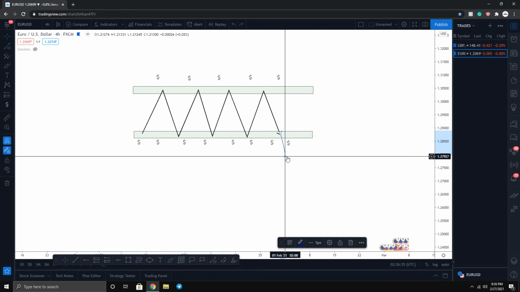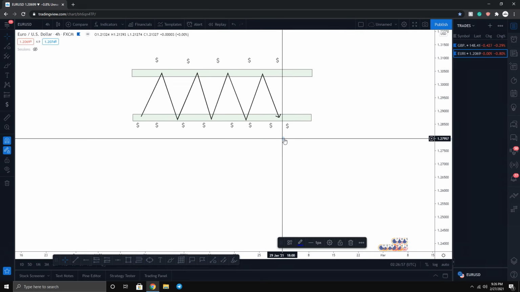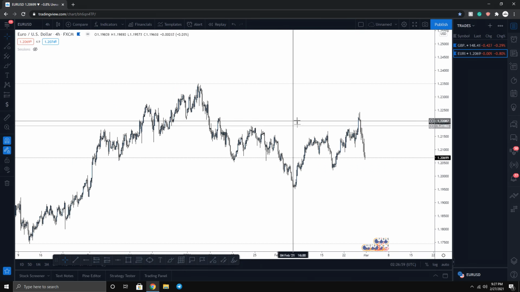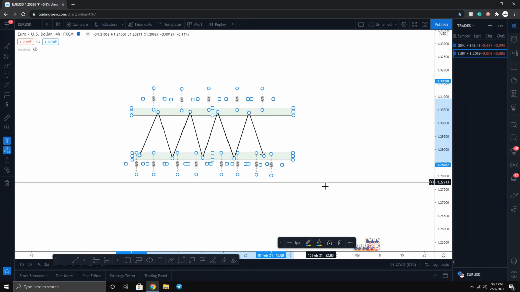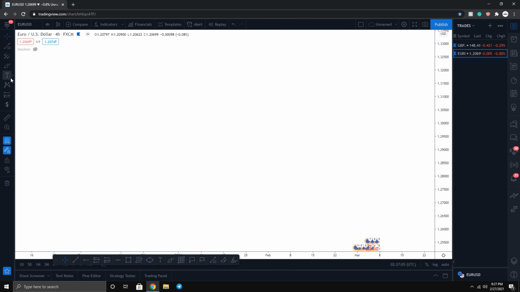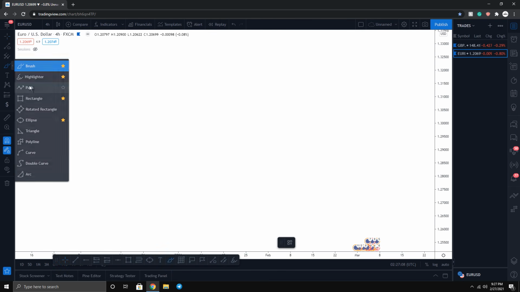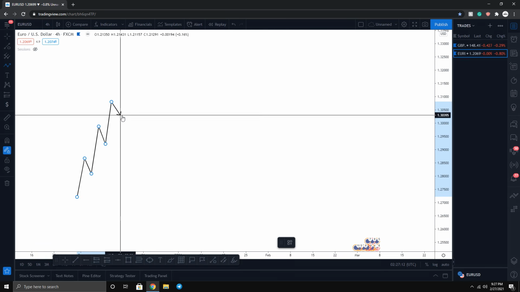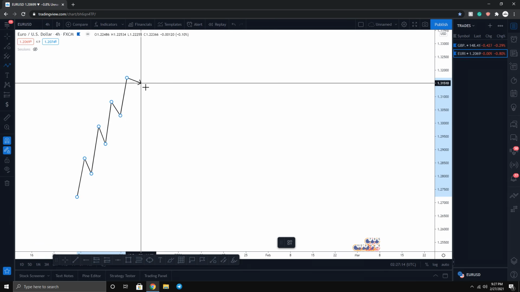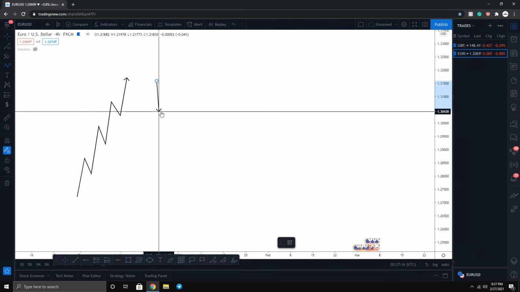So if this was a little bit confusing, I can give a very nice example on EURUSD right over here. Actually, before I do get into that, I want to explain one more thing. There's 3 types of market cycles in my opinion. There's the expansion phase, where the market is expanding towards the upside to go higher. Expansion can also be towards the downside. It's the same concept, just sell side.